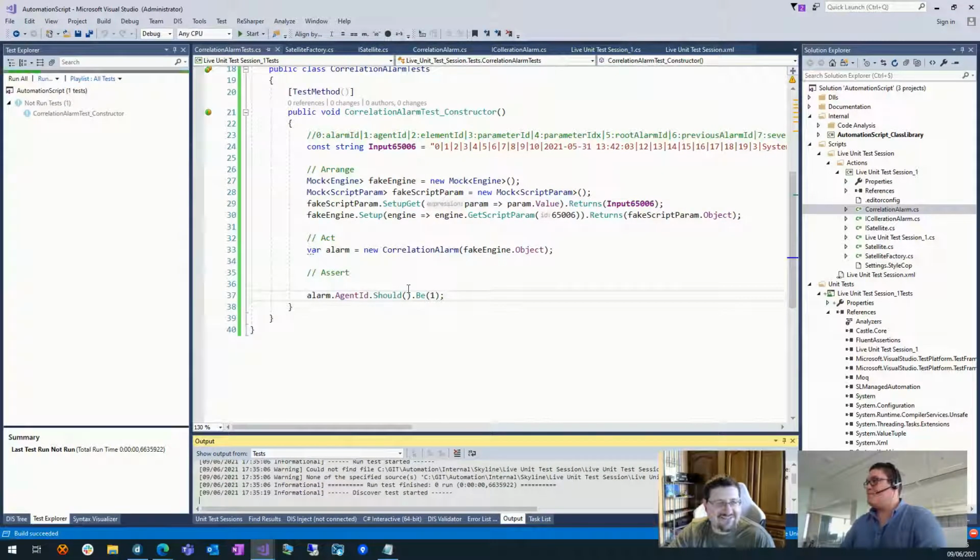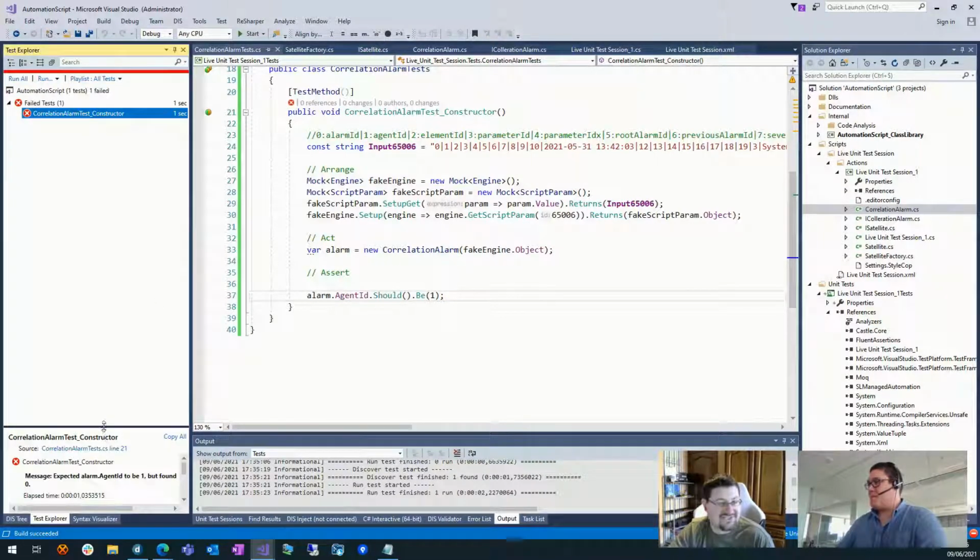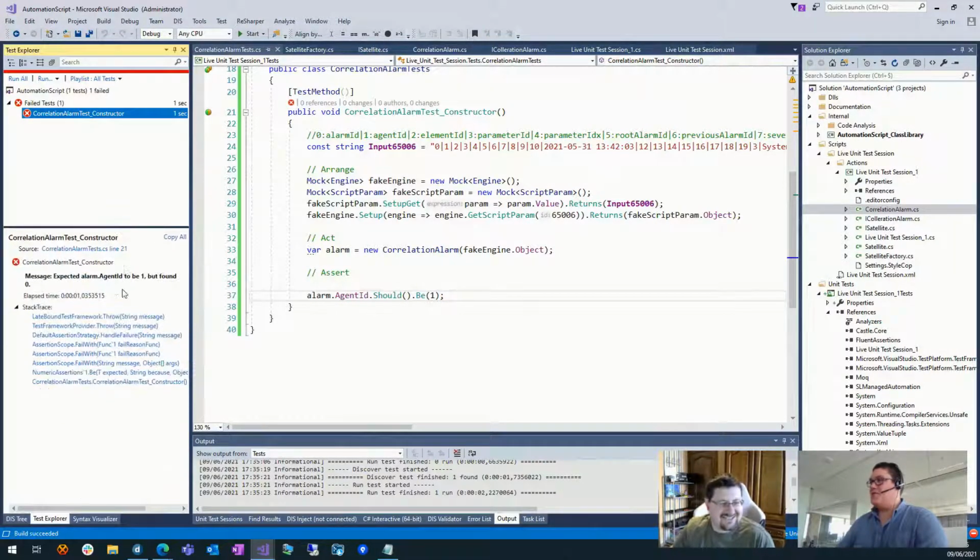I like how I blame you while I was watching at the same time. Right? So as you can see, people, FluentAssertions make sure that it actually mentions what specifically was expected, and it says it's the agent ID. With a regular assertion, it would just say we expected 1, we saw 0, but then you don't know where.